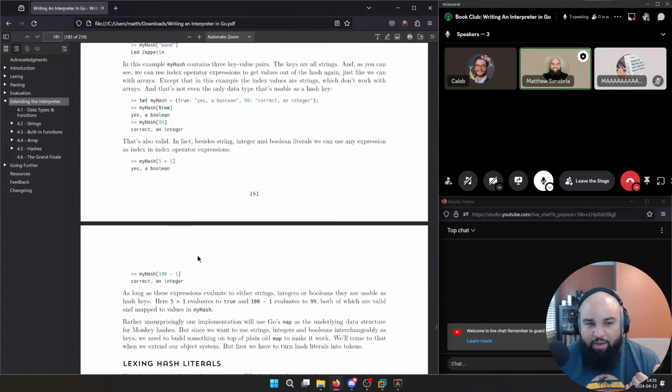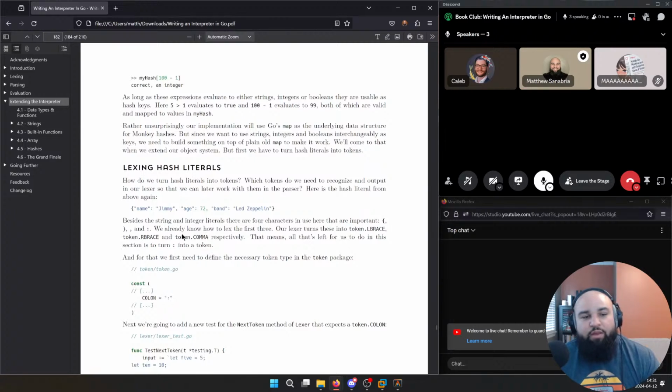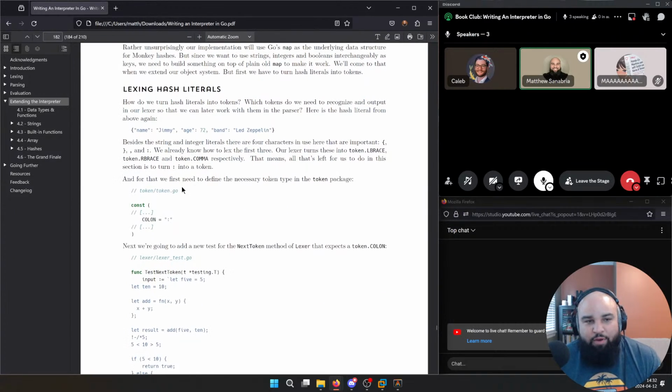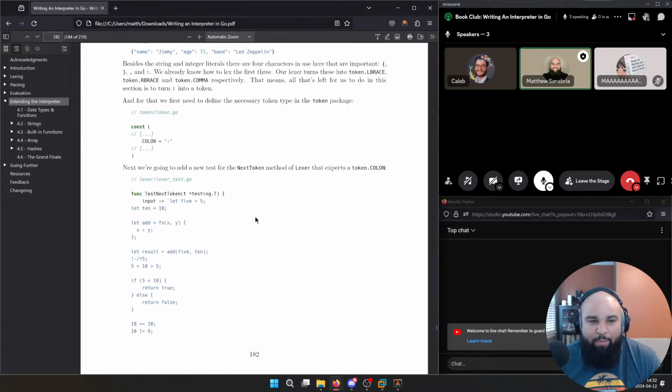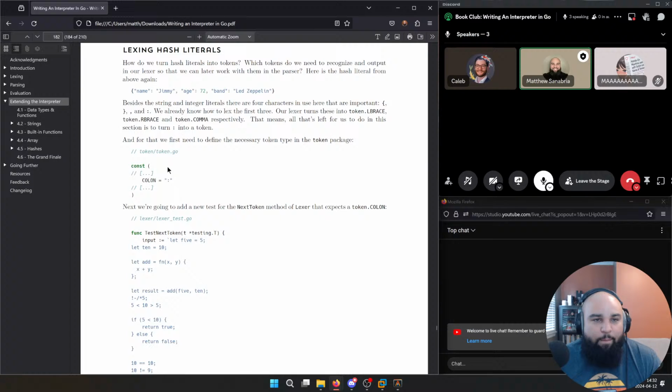I want to be able to have other keys, like integers or anything that's comparable, essentially is what he was saying. So he said our hash map under the hood, the Go type that it's going to use, can't just be a map of string or a map of object. We can't do that. That's what he says here. And I'll get to that in a second because I know he covers lexing first. So we'll just rewind real quick to lexing.